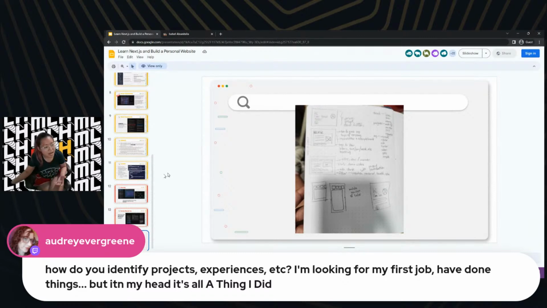Audrey, if I remember correctly, you were in the opening ceremony asking about transitioning careers. If that is the case, one thing that I found super duper valuable is transferable skills.